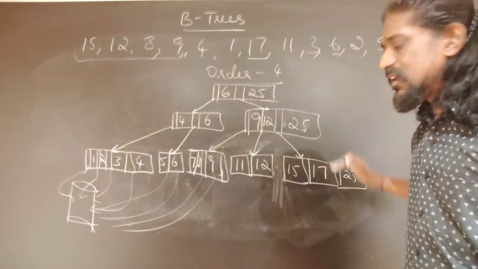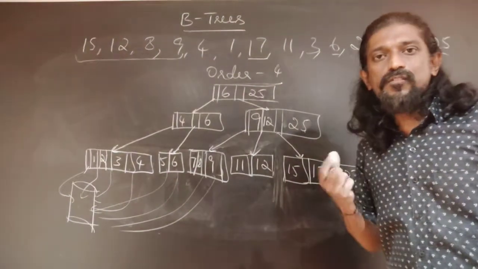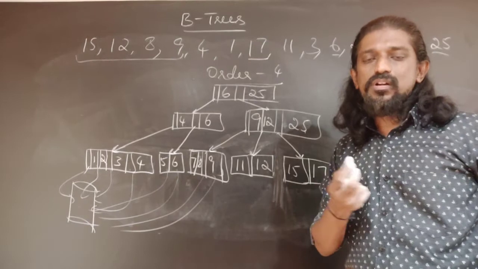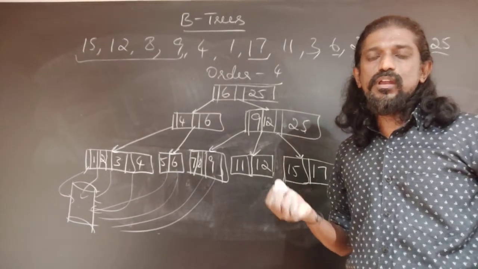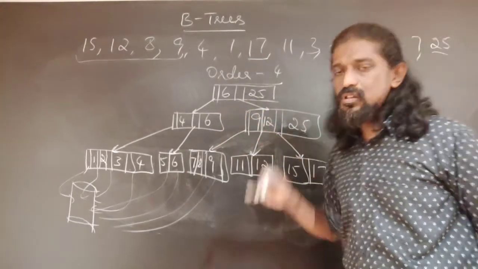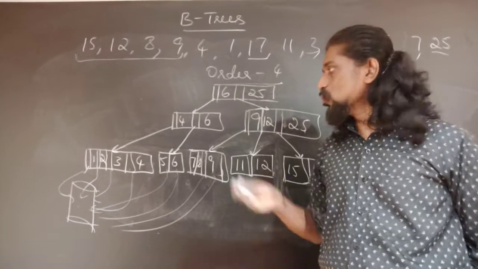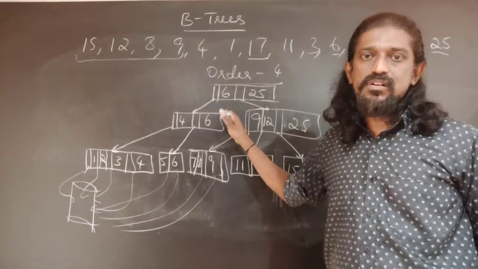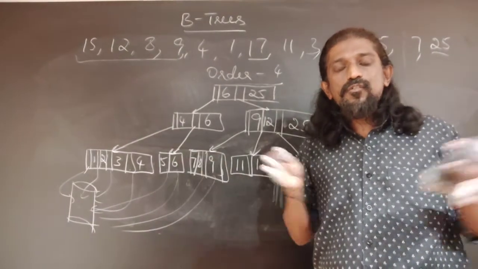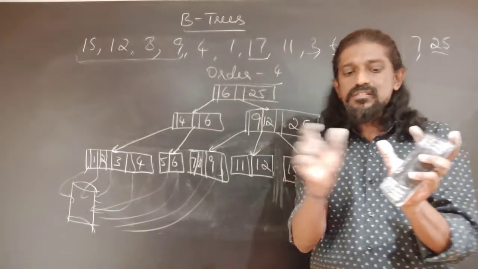So B tree is a multi-level index in which order is the minimum number of descendants that a node can have. Each node in a B tree will have keys in the sorted order, k1 less than or equal to k, less than k2, less than k3 up to km, and all the nodes should have a maximum of m descendants except the root, because the root can't have m by 2 number of descendants minimum, because a B tree of order 100 cannot have 50 descendants directly, because when a node splits it can split only into 2 and this can have one root.